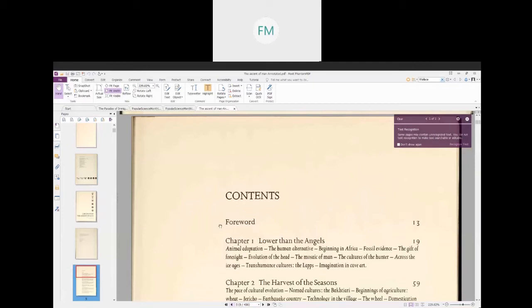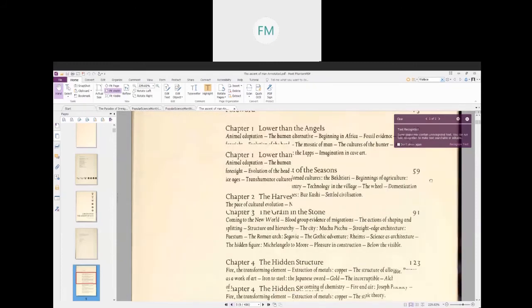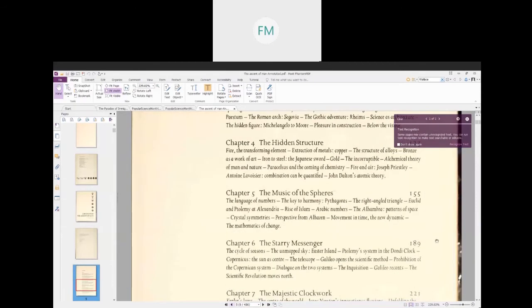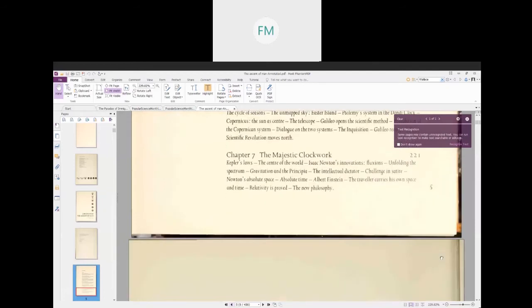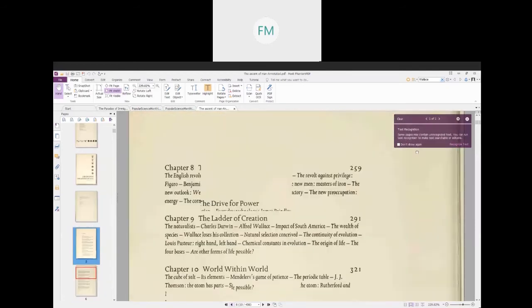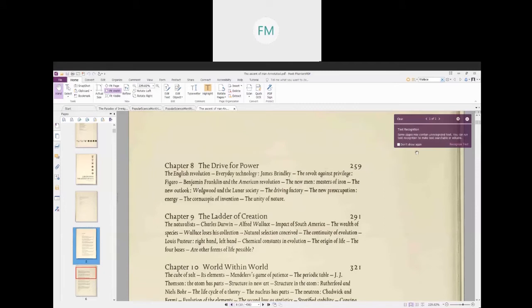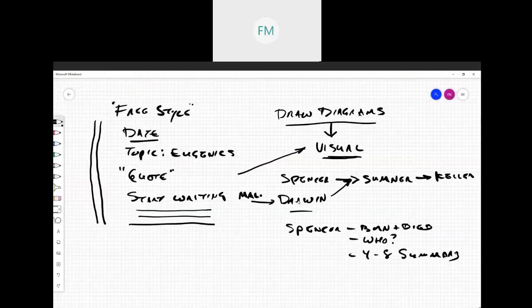I'll go to page 13, I'll highlight foreword. I will use that then as a bookmark. So theoretically, I can go through a book really quickly, create an entire system of bookmarks for the chapters that's going to help me get where I need to go as quickly as possible. So if you think about what I'm talking about right now,